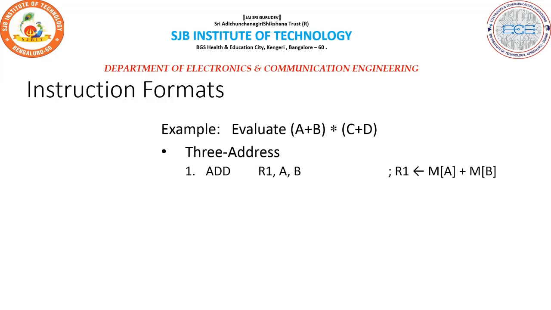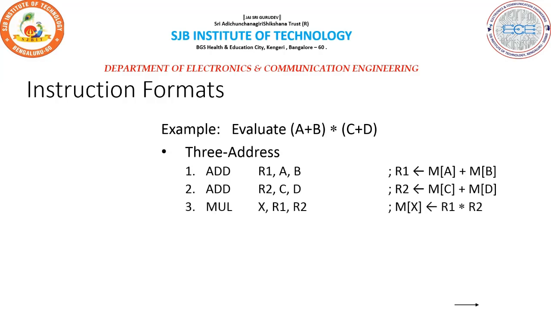So three addresses. One is add R1 comma A comma B, which is nothing but the memory content of A added with the memory content of B, and that is getting loaded into R1. Next, add C: the memory content of C plus the memory content of D is getting added and loaded into the register R2. Next it is multiply: the register content of R1 and the register content of R2 is getting multiplied and moved to the memory location